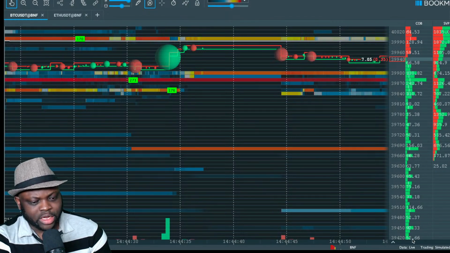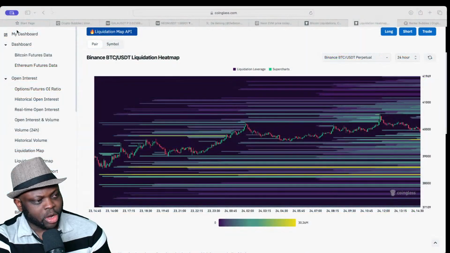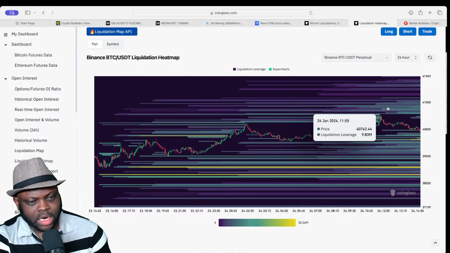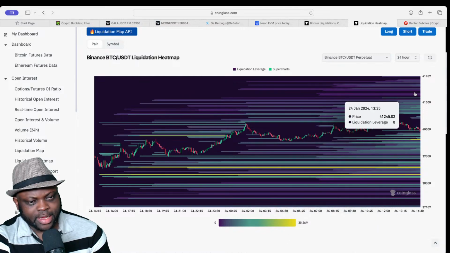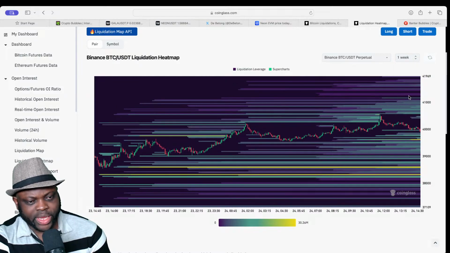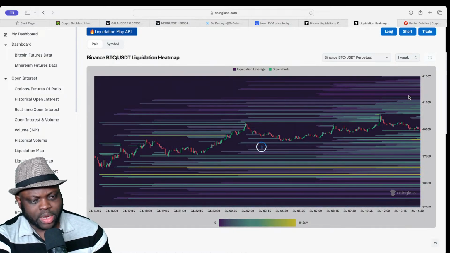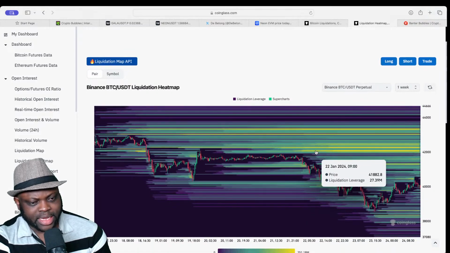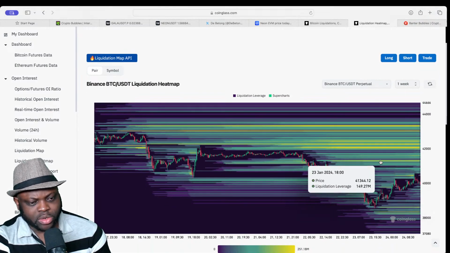But if we look at the upside, looking at this stuff, I think the upside looks somehow juicy here. I think Bitcoin can head upwards around this 41,000 area. But let's look at the week. For the week, let's see what can happen. Say the worst case scenario, let's look at this area. I think we can see Bitcoin go to